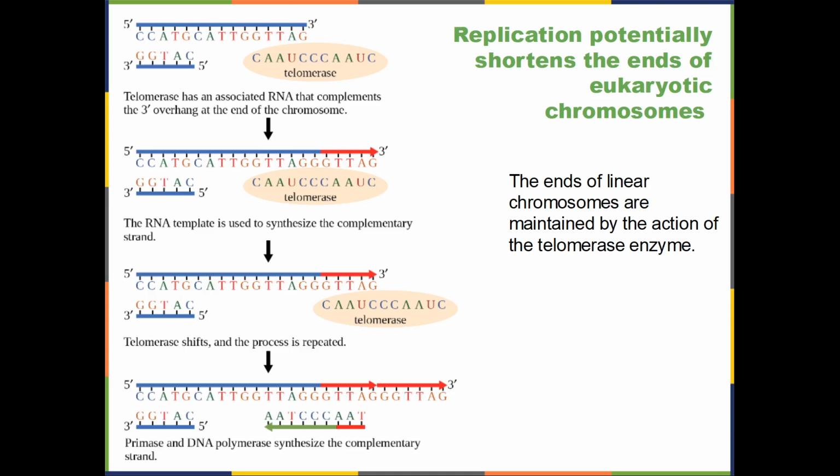Now, the way that eukaryotes have solved this problem is by adding a bunch of useless DNA to the end of their chromosomes. We call those telomeres. This useless DNA can be sacrificed in each DNA replication event. Now, this is fine for things like your nerve cells or any other cell in your body that isn't going to replicate too much, right? Because they're not going to run out of this sacrificial stretch of DNA. But in things, say, like your skin cells that replicate constantly,